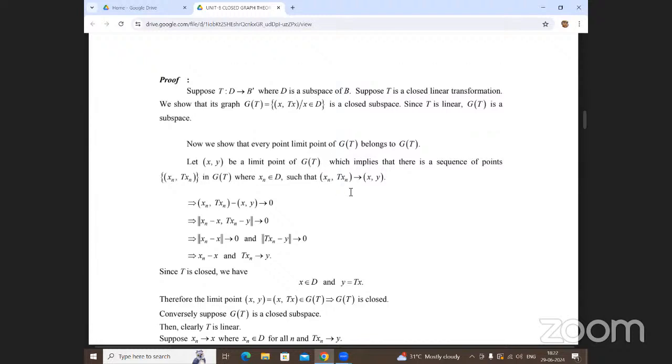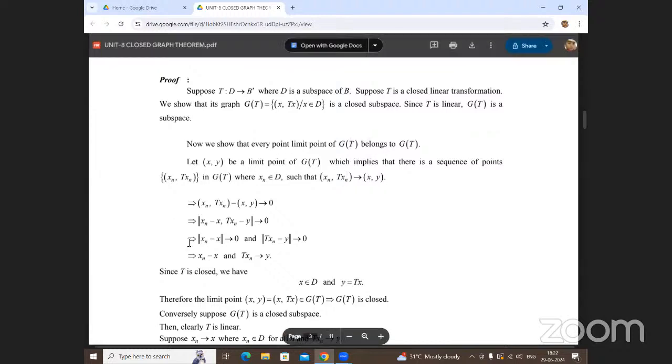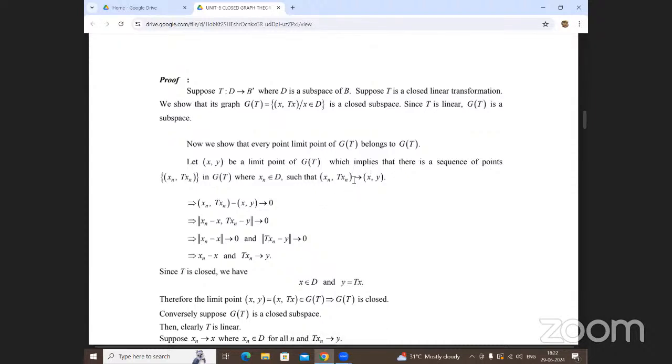This graph of G of T: the sequential ordered pair element converges to (x, y), because this is the horizontal of the sequential convergence point, and this is the vertical of the sequential convergence point. So this element is also converging on this side: xn and Txn, the ordered pair, minus (x, y)